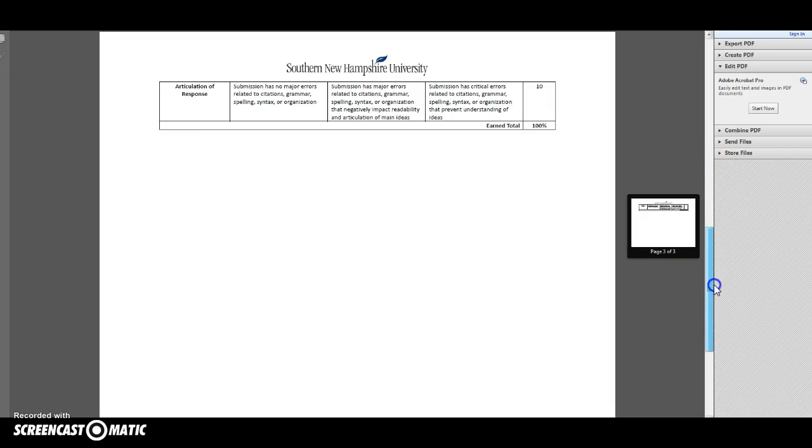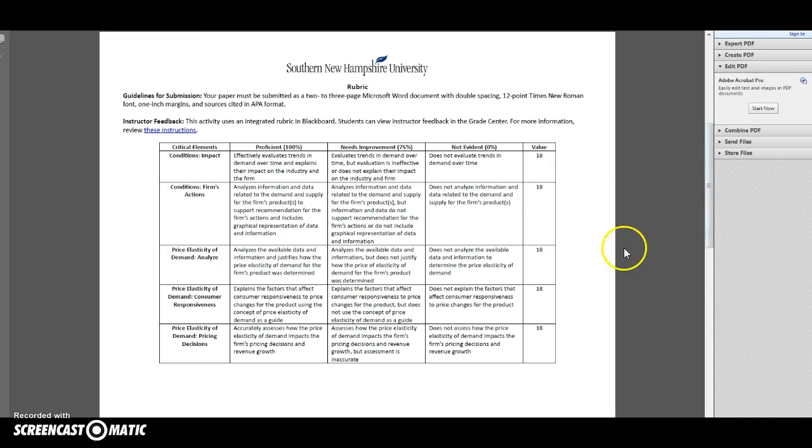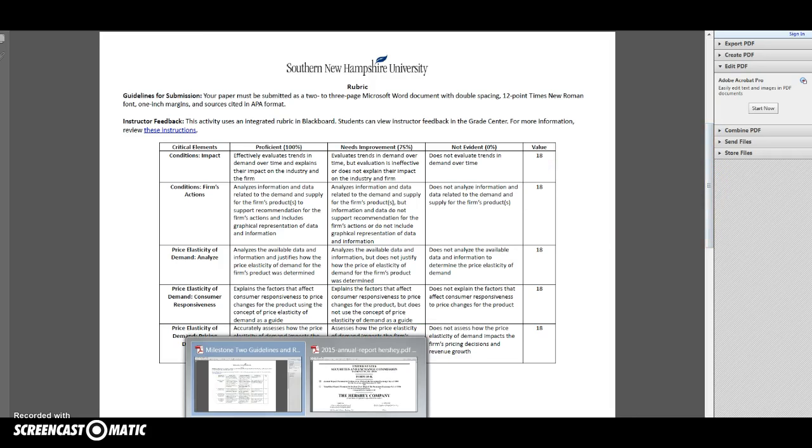And then the last element that you're scored on is articulation of response. So that's just your writing and your formatting of your paper. And that's worth 10 points, so a little bit less than each of the other elements that are content-based. So from there, we went to the